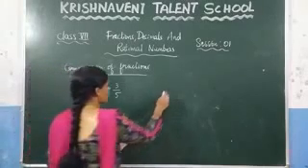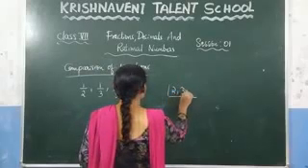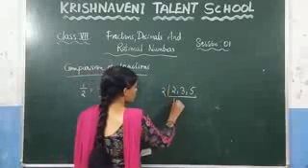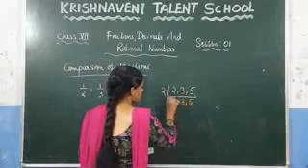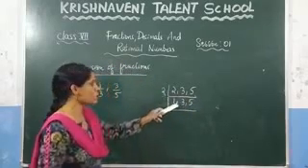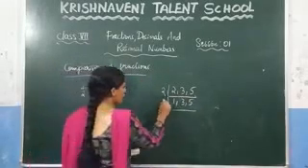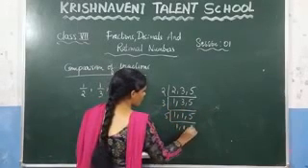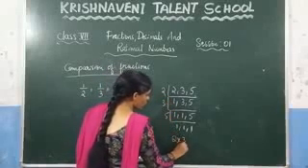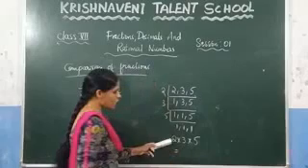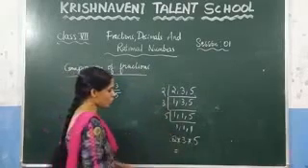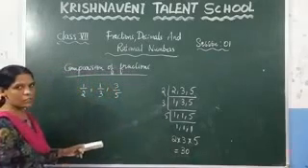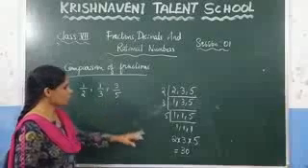If you want to take the LCM of these denominators, what can we write? 2, 3 and 5. Take the LCM of these three values. So here 2 ones are 2, and 3 you can write; 5 also, because these values do not exist in the table. Again here 3 ones are 3, 5, and again 5 1 1. So what is the LCM here? 2 into 3 into 5. What is 2 into 3? Which is 6. 6 into 5 which is 30. So the LCM here is 30, and you need to make the denominator 30.